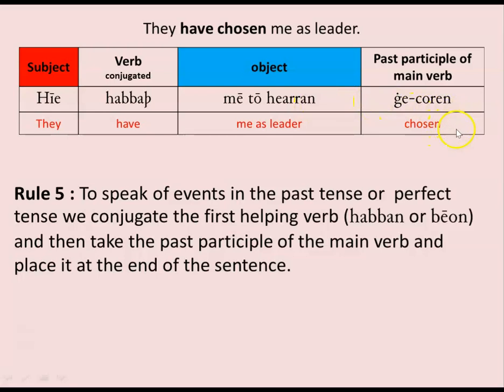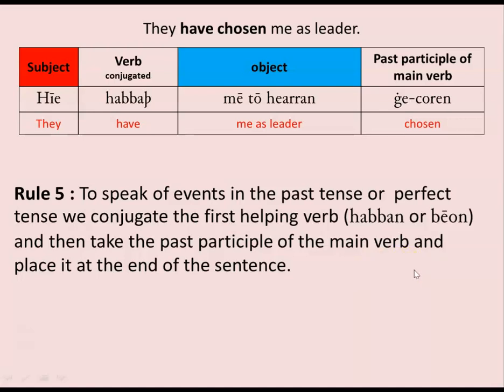gekoren, chosen. Remember, second verb here, when we're dealing with the past tense, an action that's been completed in the past, must be the past participle of the main verb. And then this one is conjugated accordingly as a present tense because it's as of the moment. This is true. I've been chosen as leader. It's been completed. Full stop. Finished. It's true as of the present. Rule 5. To speak of events in the past tense or perfect tense, we conjugate the first helping verb,